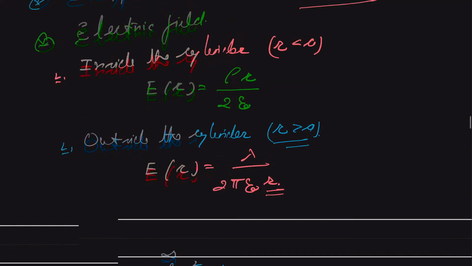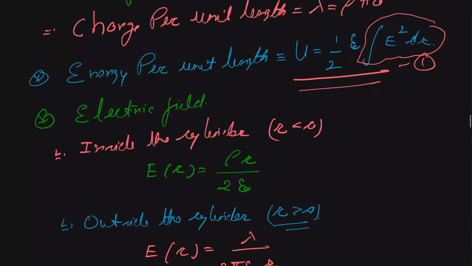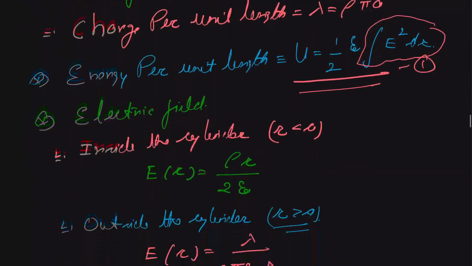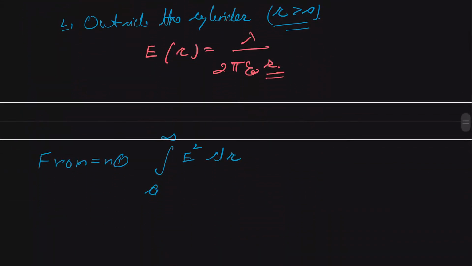If you substitute, the electric field comes as a to infinity, and this will be basically dr upon